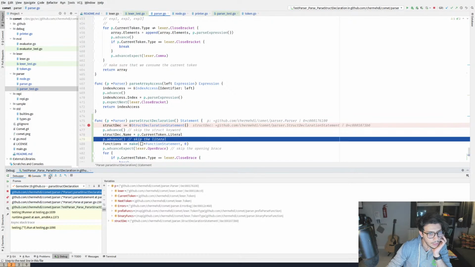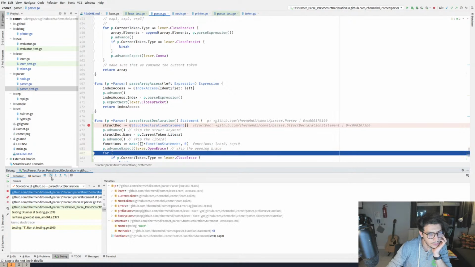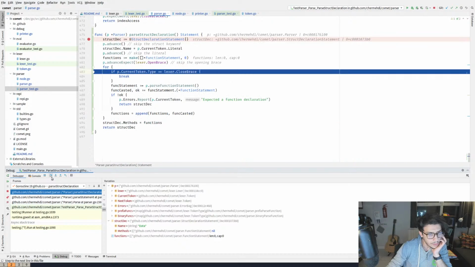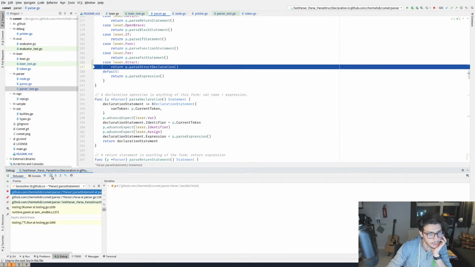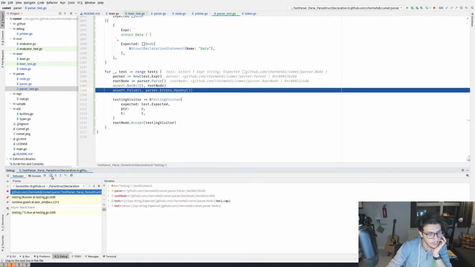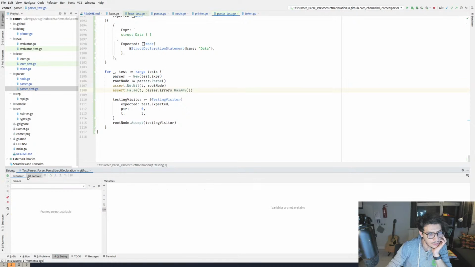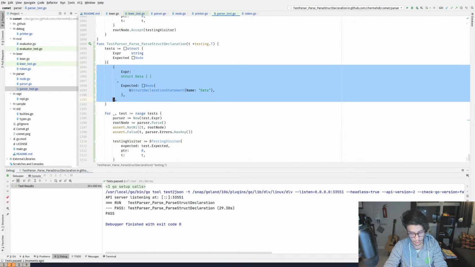Now the name is data. Good. We make the functions and we return. Assuming this works, so the test passes. Let's make another one.